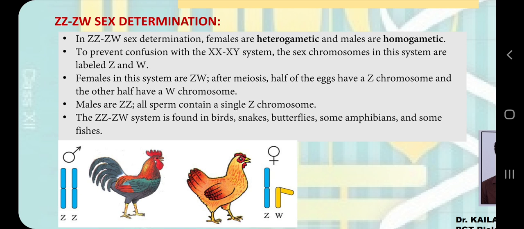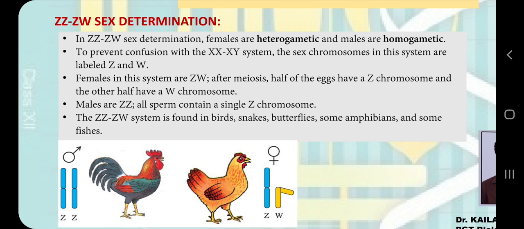That is why it is rather confusing, because we learned in XX-XY sex determination that the female is producing the same type of gametes, and in XX-XO sex determination we again learned that the female is producing the same type of gametes, and if we learn that in birds, snakes, butterflies, some amphibians and some fishes the female is producing different types of gametes, it means the female is